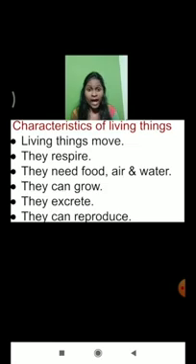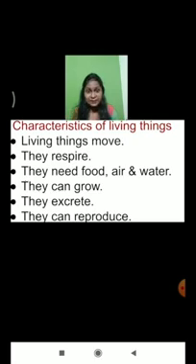Did you understand now? And last but not least, one of the important features of living organisms is that they can reproduce. What is the meaning of reproduce? Living organisms can produce new young ones like themselves. Like a cat will reproduce kittens, a dog will reproduce puppies, a human being will reproduce a human being only. So all types of living organisms have the ability of what? Reproduction. Have you ever seen non-living things like a dustbin or a football replicating by themselves? No, of course not.